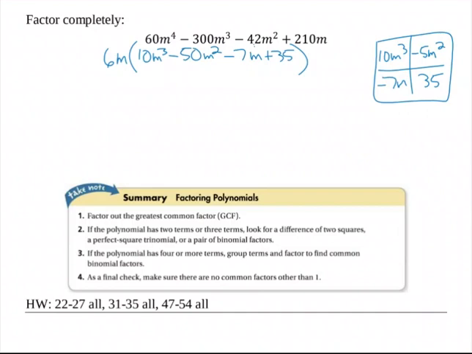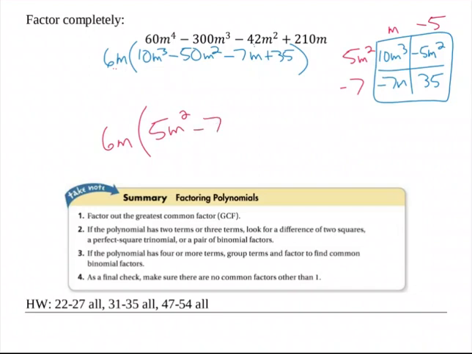Now, pull out the GCF for the top row, and that will be positive 5, and then m squared. And for the bottom row, that will be negative because the lead box is negative, and 7. And for the first column, we have an m for sure, and 1. It's just m. And for the last column, we have negative because the lead box is negative, and 5 and 35 is 5. No m on that one. So now we have our answer. We have our GCF, don't forget, 6m, and then it's 5m squared